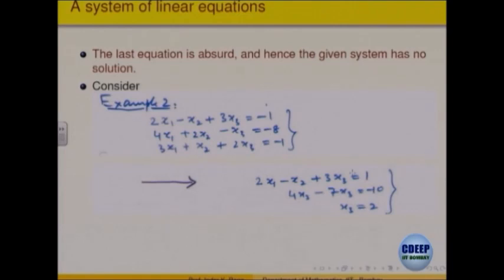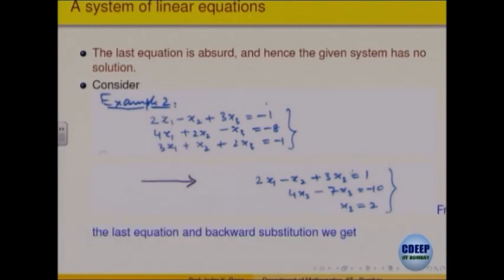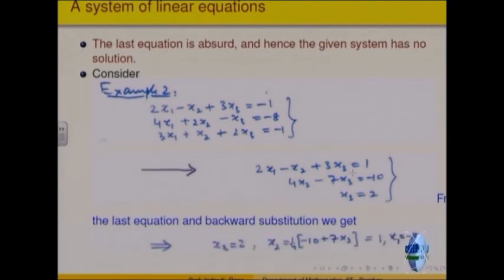So, I eliminate and then substitute. This method is called the elimination and substitution method, or backward substitution, and that gives me the solution of the system. So, this system has got a unique solution. The earlier one had no solution, this one has a unique solution. And let us look at another one.